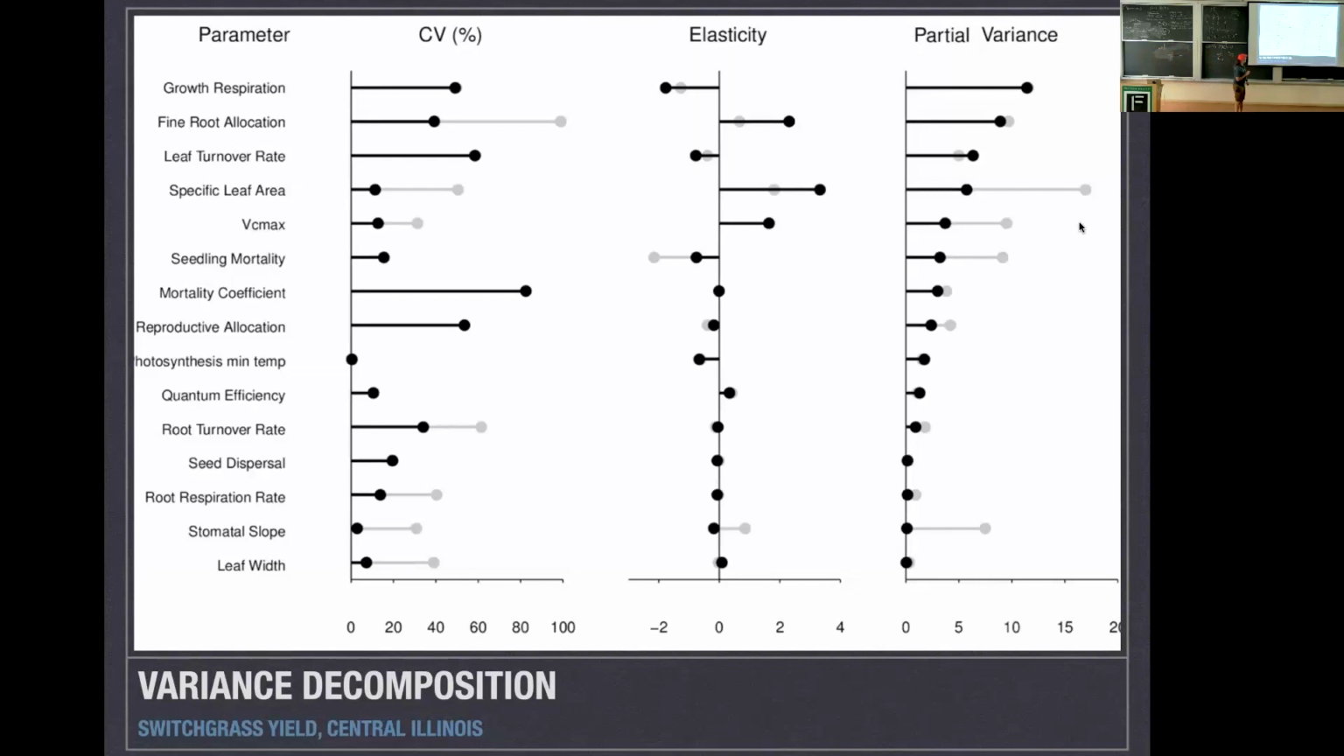Who'd want to go out and collect more data on leaf turnover rate, the thing that has high uncertainty but low sensitivity? A couple of you. Who wants to go and get more data on specific leaf area, the thing that is low uncertainty but high sensitivity? Okay, I'm going to argue in favor of leaf turnover rate,